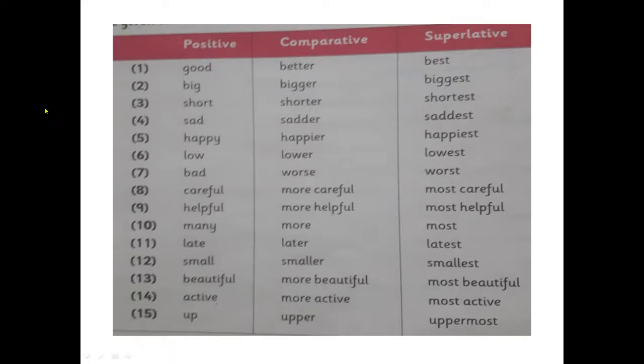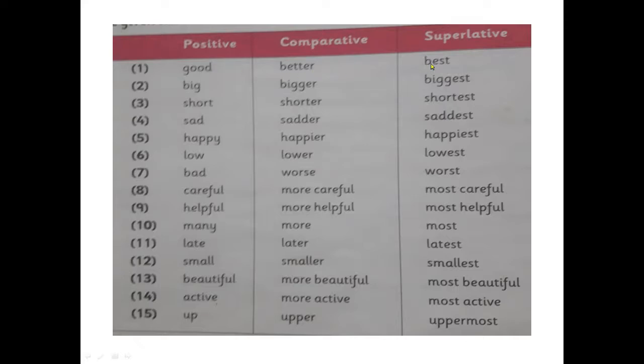Now here is the list, or you can say box, of given positive, comparative and superlative words from your grammar book. We will read in sequence. So you have to hear carefully and then repeat on your own after watching the video. See, these are some adjectives we have already learned with the pictures. Now here we will repeat, revise and learn these forms of adjectives. Adjectives are describing words. Let's read this box.